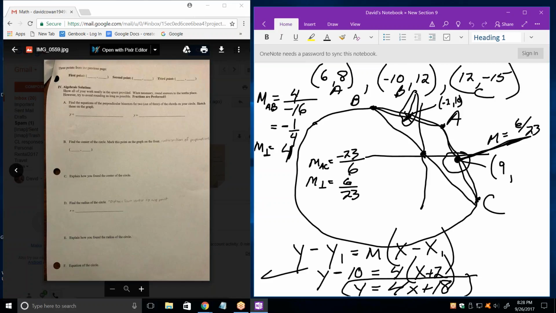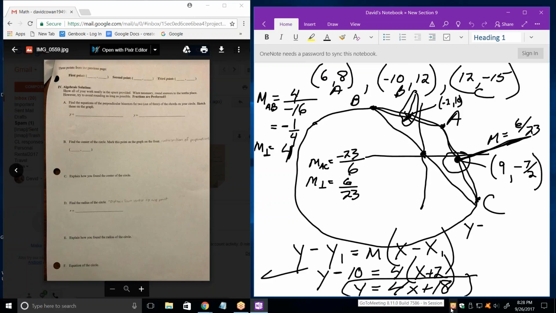Add them together, divide by 2. -7/2. Okay, now we have enough to do point slope. Here's the point slope, so let's fill it in. So it'd be